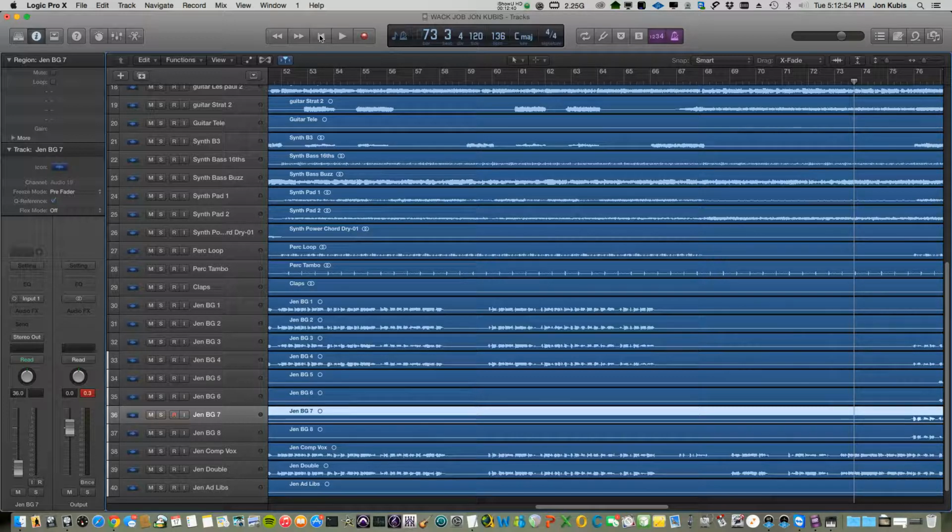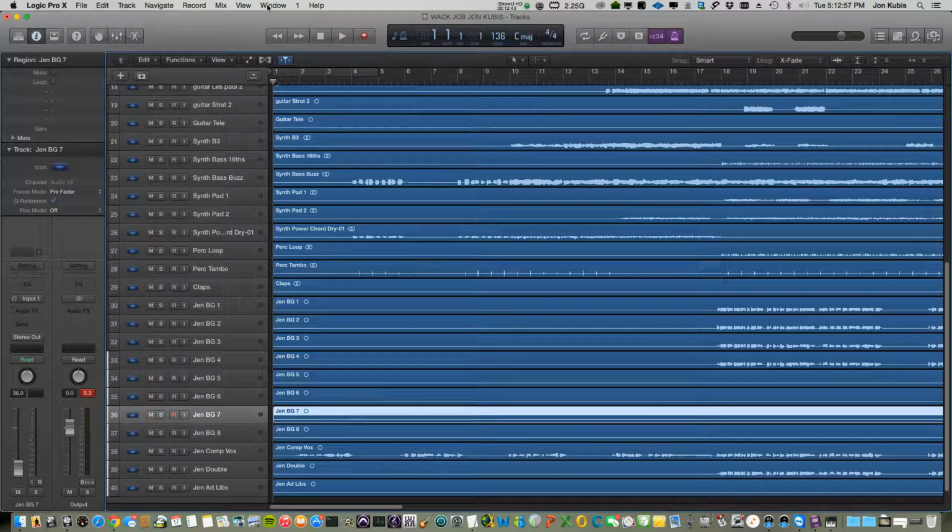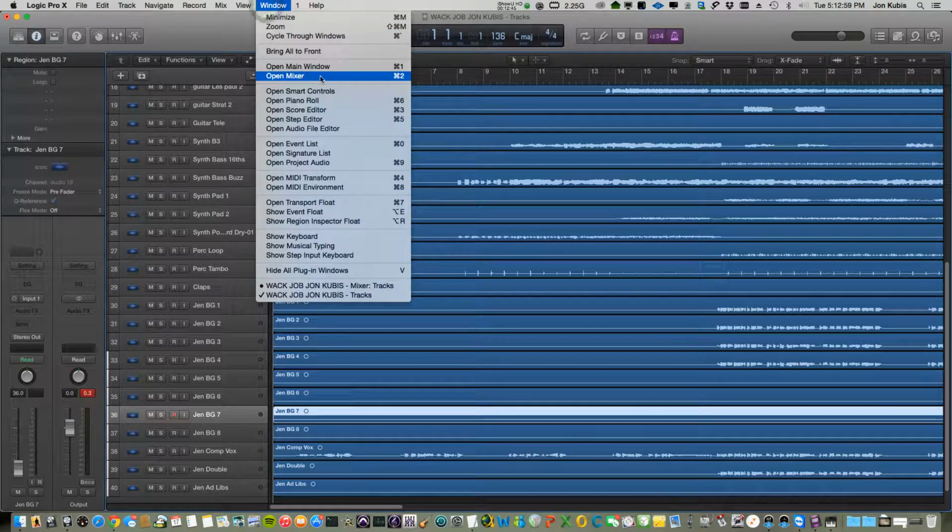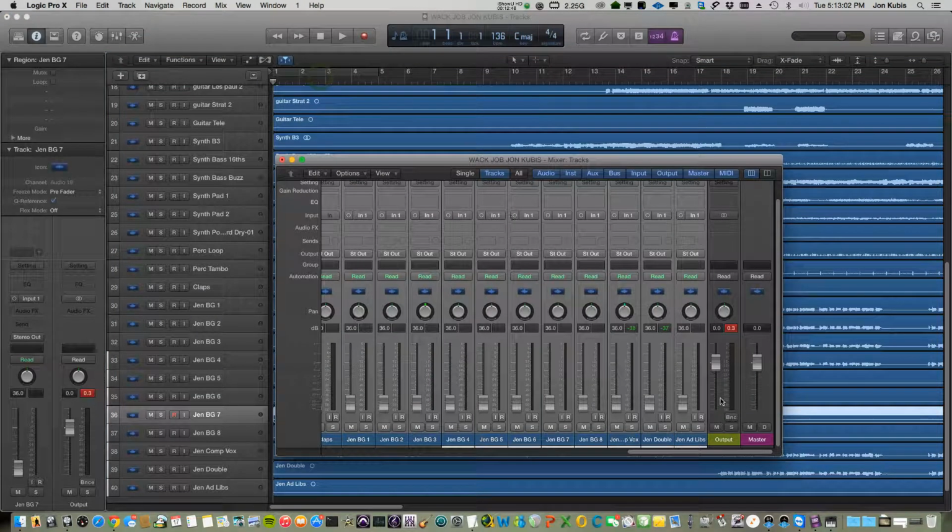So I'm going to rewind back to the beginning. Back to the mixer. So that is our window, open mixer. And we want to start with our tracks fairly quiet. This is going to give us some room to work with and to dial in a mix overall. If you start with all your tracks at unity, by default that would be 0, it doesn't really give you much room to move your mix around. Everything gets in the red really quick, and you're in distortion,